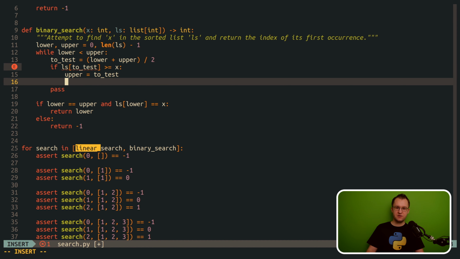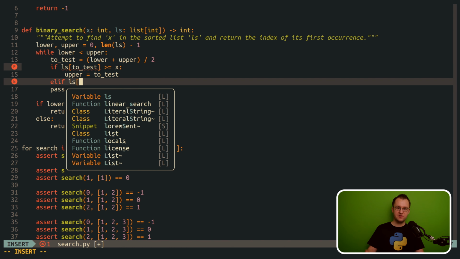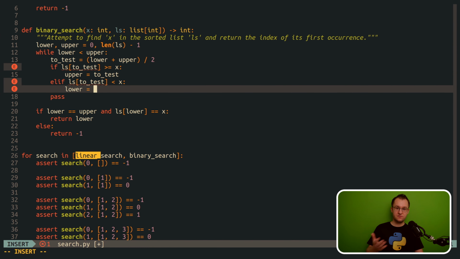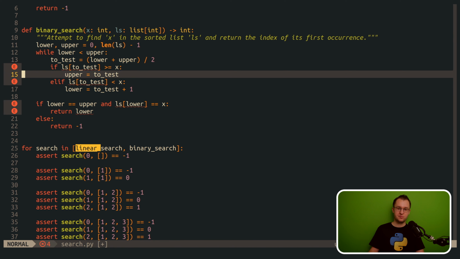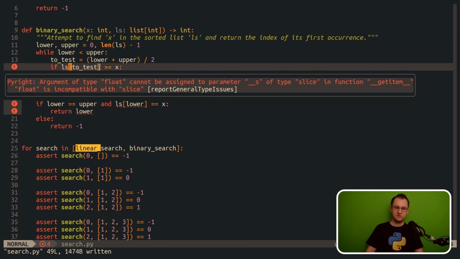In this case, the comparison was less than, and therefore we can add a +1 when we update the lower boundary, because we don't have to look at the element that we just selected for testing again in the next iteration of the algorithm. So last but not least, we have to return the correct result. After the loop, there should be only a single element left inside of the interval.